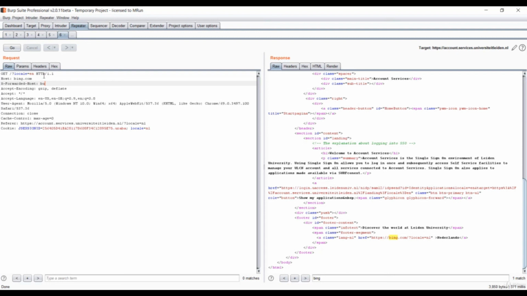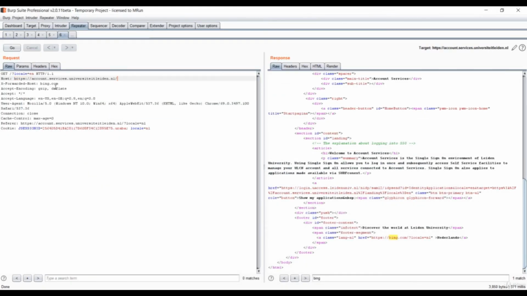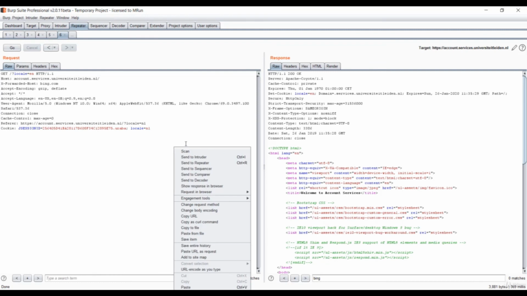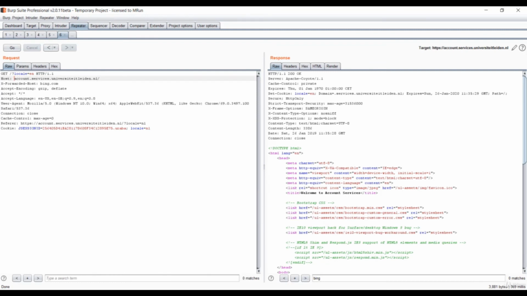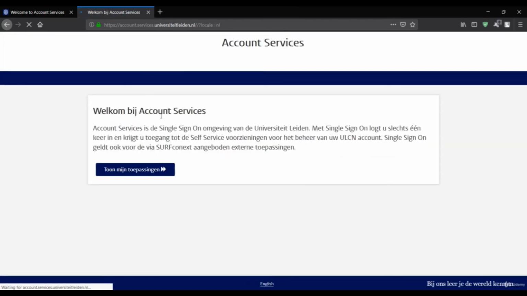So here you can simply pass again bing.com and make sure that this host would be your original website. So let's go over here, and this was basically your original website. Let me just copy it, let me just paste it over here. So if I just press go again, and let's see how this works. Response in the browser, paste and go. Let's see. So it is not working with the X-Forwarded-Host, but it's okay because we have already seen how this